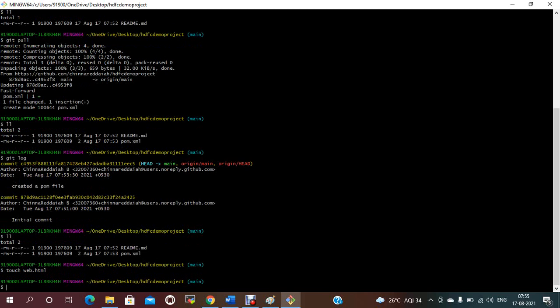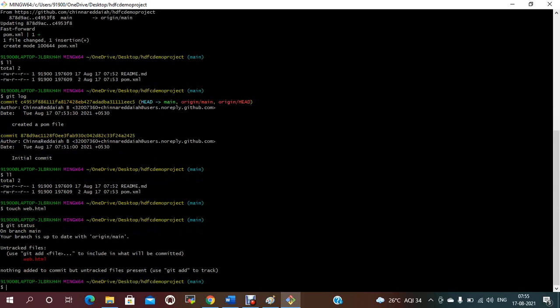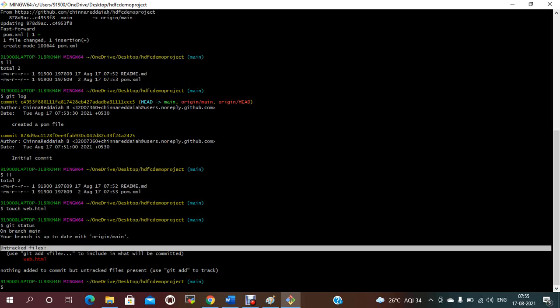To push this to the remote repository, there are stages. As I said earlier, Git follows a strategy. To check this, this web file should be untracked. This file is currently not tracked by Git because it is a newly created file on your local machine.